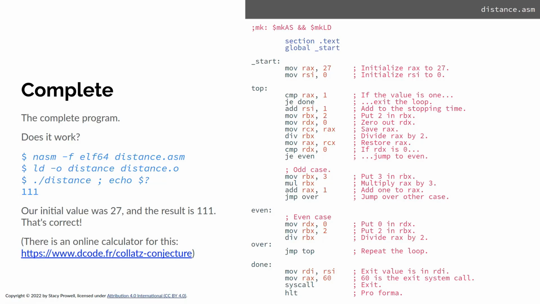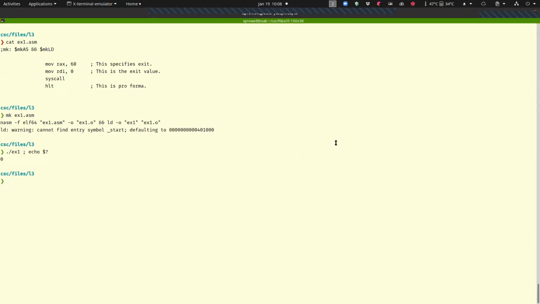And we should be able to assemble and link it and run it. And in fact, pop down here. We can do all that, right? So we assemble it with NASM, and we link it with LD. And then